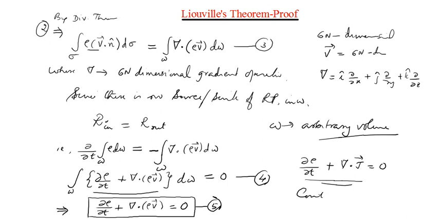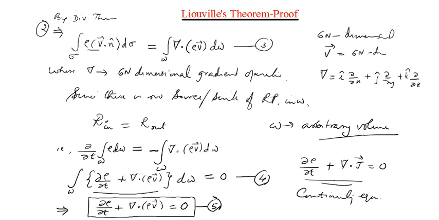Remember, the continuity equation is a general equation satisfied by such streamlined flows. Not only in electrodynamics, it repeatedly comes in many other areas like fluid dynamics. Here it's the case of the flow of representative points, which is quite virtual. So this equation 5 can be considered as the continuity equation for the swarm of the representative points. See, we are very near to the proof of Liouville's theorem.